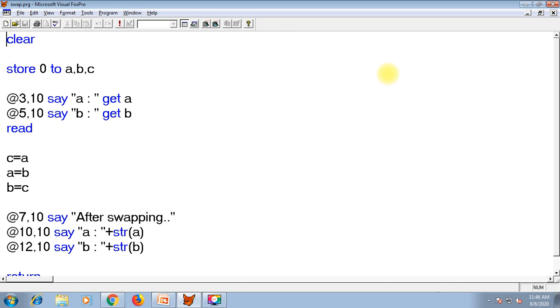So guys, the store command will do two things. It will define variables as well as store the initial value to the variables. So it will store 0 to A, B and C.